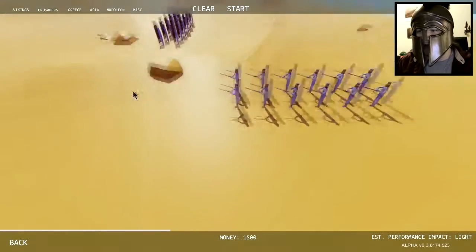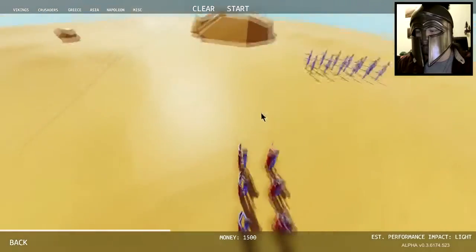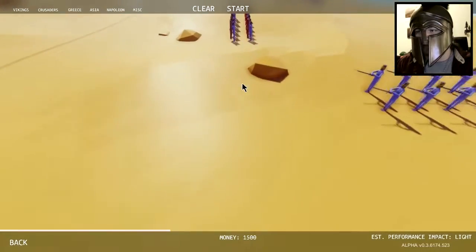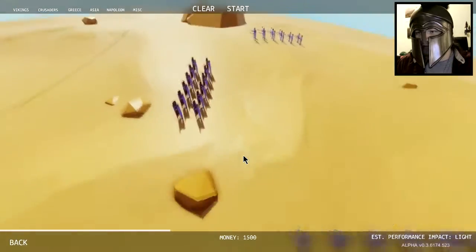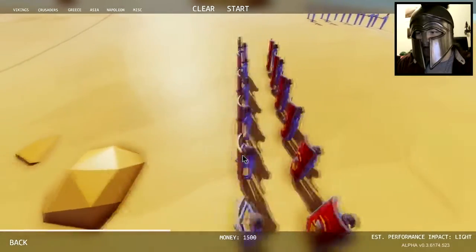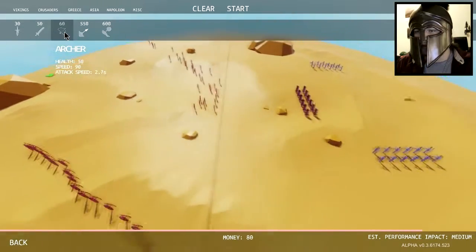So, let's see what we can do. We've got a whole bunch of, looks like Romans in a phalanx. I'm saying Romans because they have square shields, not round. And we've got a whole bunch of knights. So there seems to be a time paradox happening here. So I've got a whole bunch of archers ready to take out the peasants. I'm also going to have...